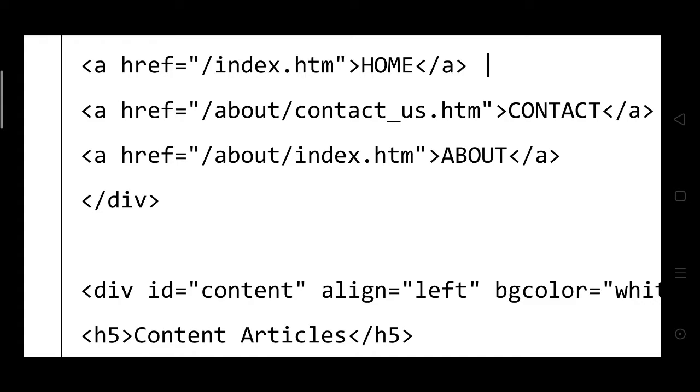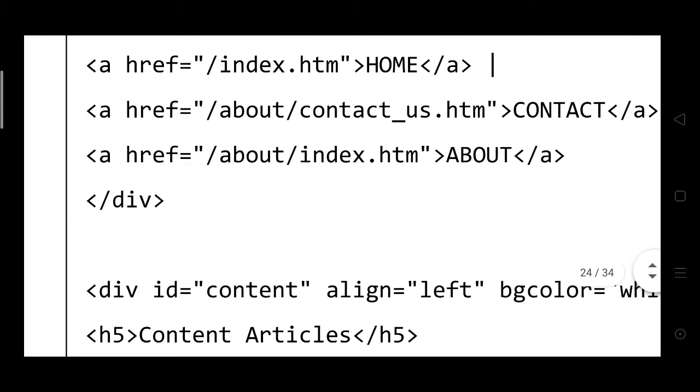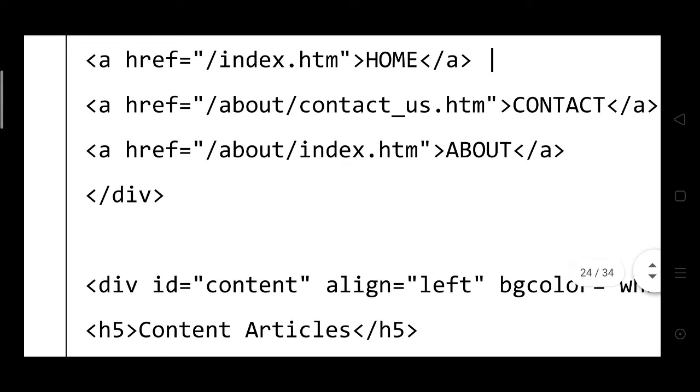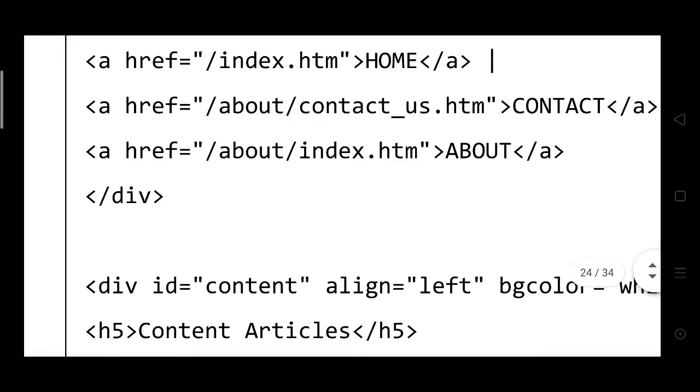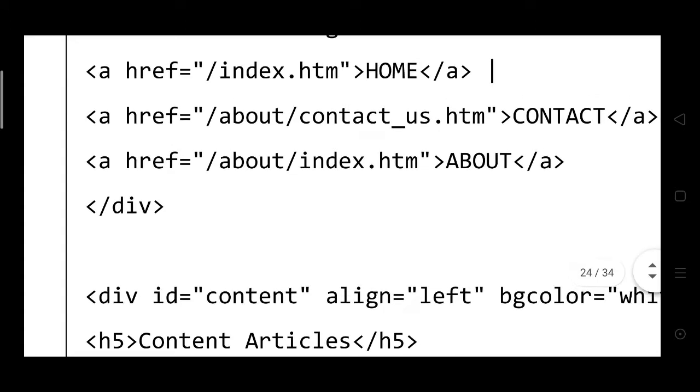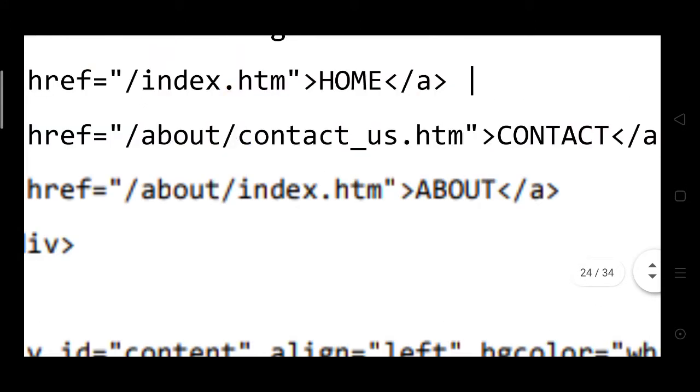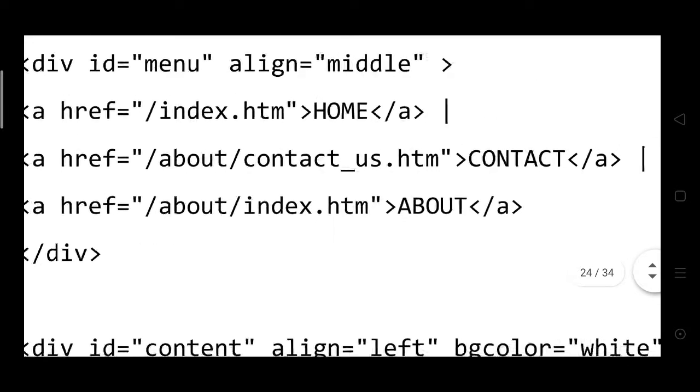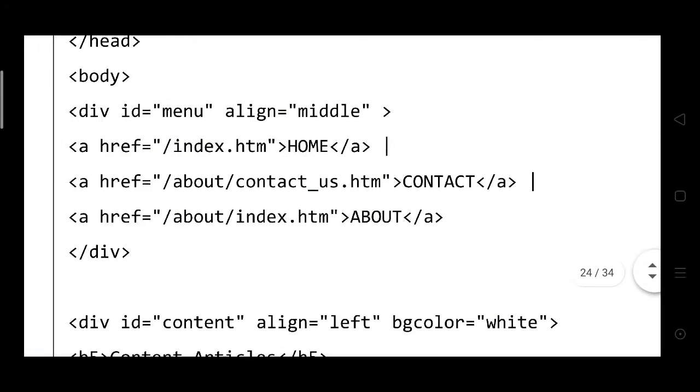When you select contact, the hypertext automatically links with the contact HTML web page and opens it. And the same href about: when you select about, it automatically opens the index HTML page.